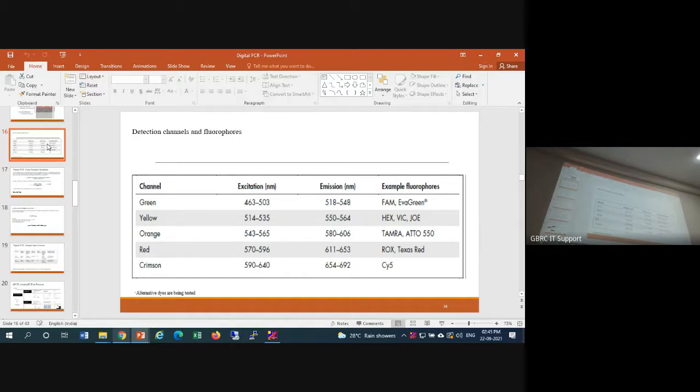In silico tools are there, you can design. Normally it is simple multiplex PCR, but we need to design the probe. The same way, digital PCR does not give any difference in designing primers, probes or anything. It is the same as RT-PCR. The difference between conventional and real-time PCR is that the size of the product must be smaller, maximum 250. You cannot go beyond that. In conventional PCR you can design up to 1 kb also.